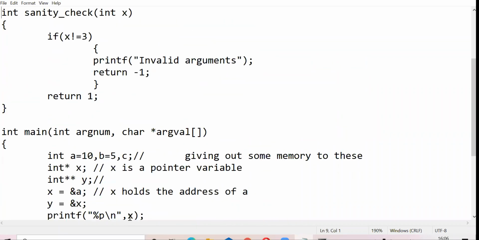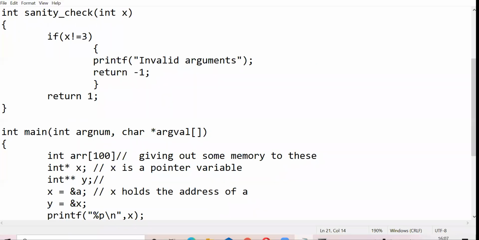I hope that the first sanity check which we did in the last lecture, you understood that. What I'm going to do now is, let's try to take an array as input from the user and let's then try to print it out. So we are just going to do this much. Take an input array from the user with command line arguments and just print its value. So in order to do that, we need an array. So this is how you declare an array in C.